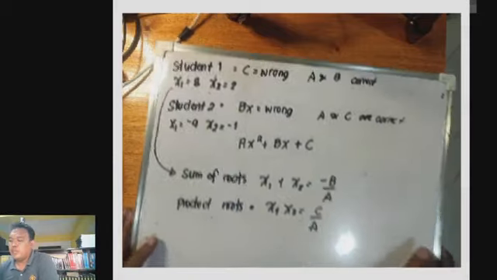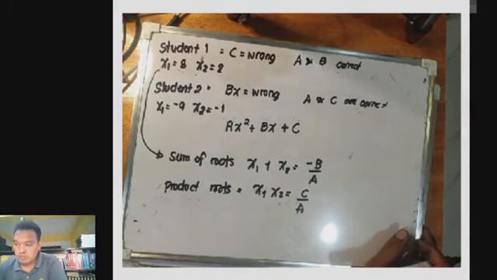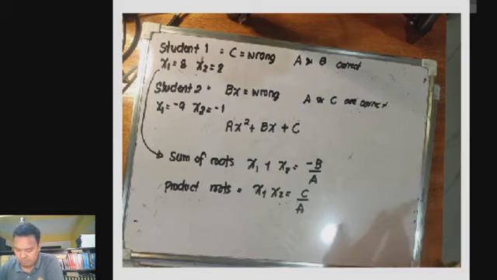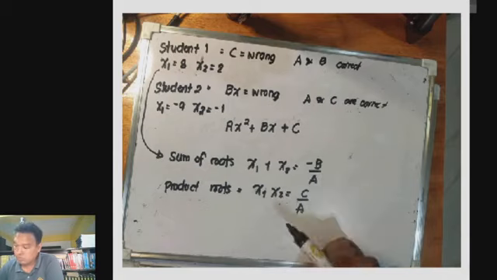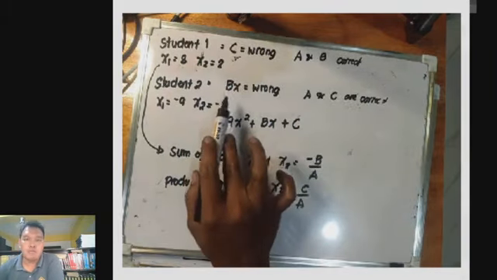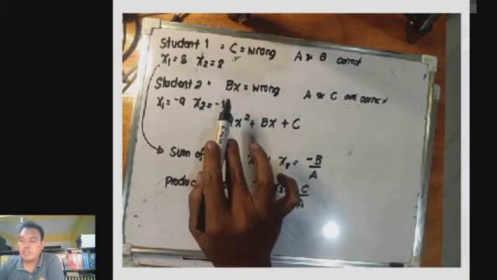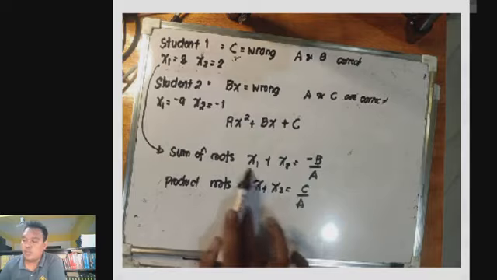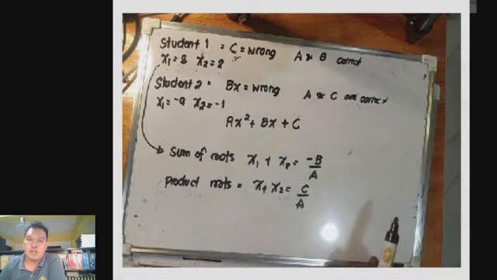Okay, ito. Therefore, sabi kanina, si student 1, mali yung C niya. Then, si student 2, mali yung B niya. So, therefore, identify natin kung ano yung mga roots na to. Ilagay natin dito sa equation na to. Then, dito. So, lalabas,